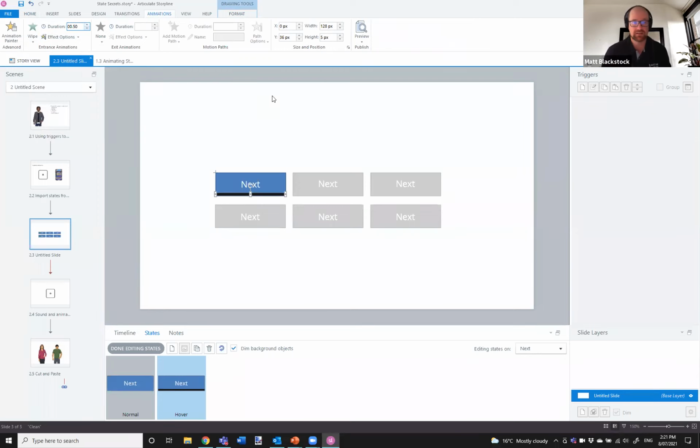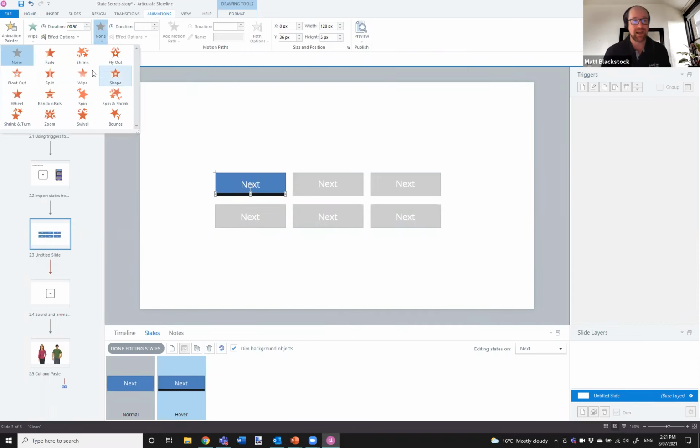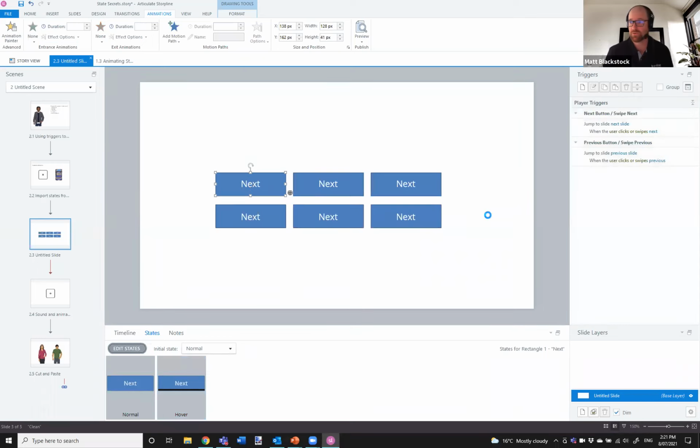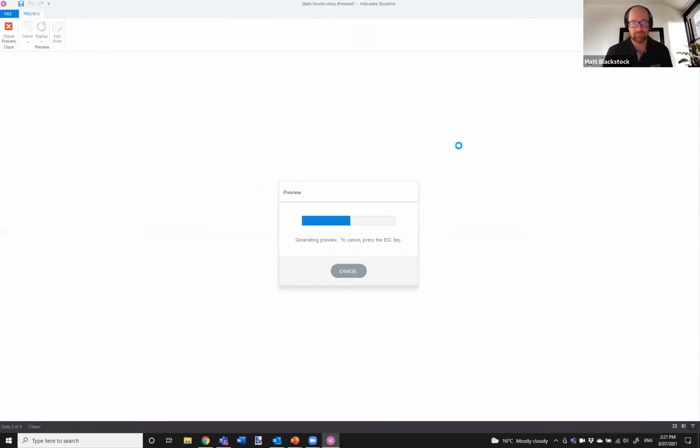Give it half a second. And let's get it to wipe back out the same direction. So if I don't click on it, then it's going to wipe back out. Again, it's just an exit animation, back to the left, and I've just made it a little bit faster. So that's the half a second. So it's going to come in half a second and then zoom out half a second. If I hit done, let's just preview it and have a look really quickly.